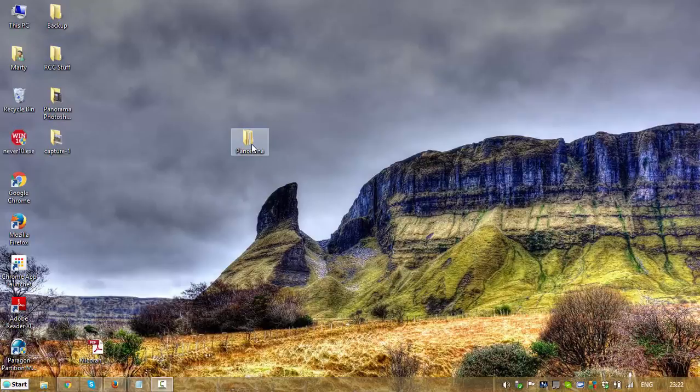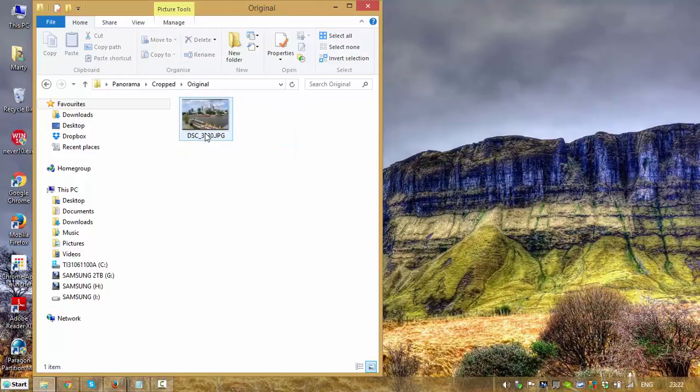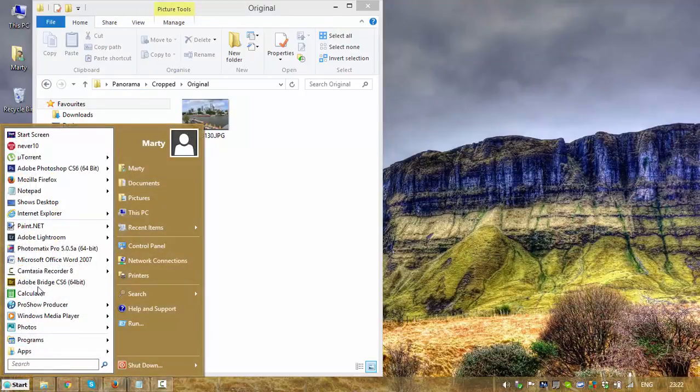So I have a folder on my desktop, Panorama. I have a few different photographs in that, but the folder inside that I want is the one where I'm going to crop, not where I'm going to photo merge. So I'll open that folder and I want the original file. So that's where I want to be, Panorama cropped original. Open Lightroom,